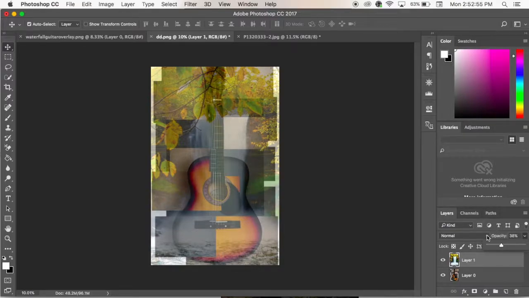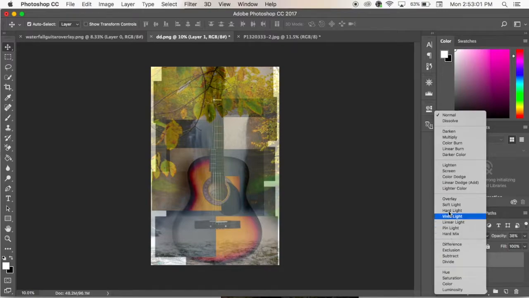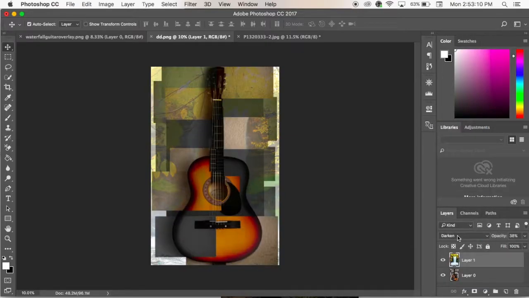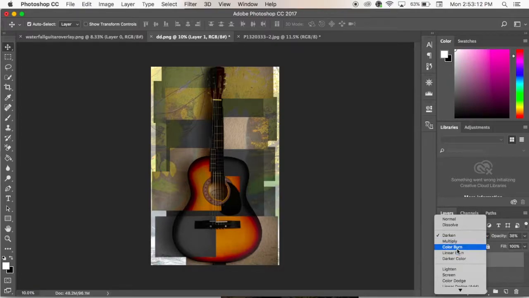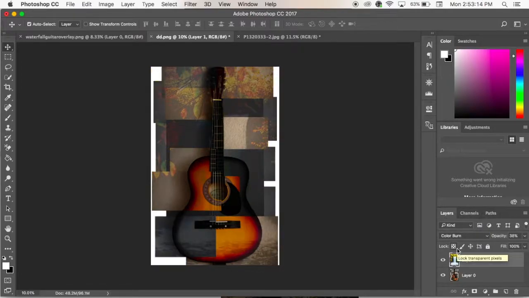And then when we look over here at this normal, if we click on that, we're going to see all these different options for how this photo is going to overlay on top of each other. It's going to play with it, so this one's going to darken it, or it's going to color burn and make it kind of like this cool, I don't know what kind of style you want to call that, but